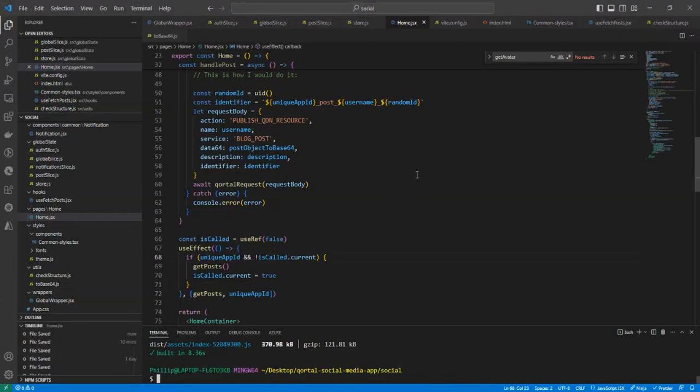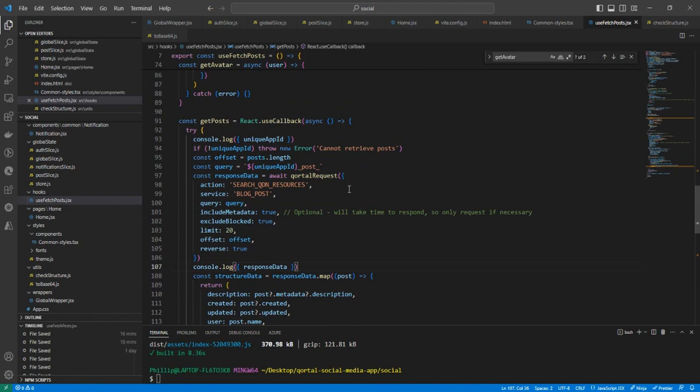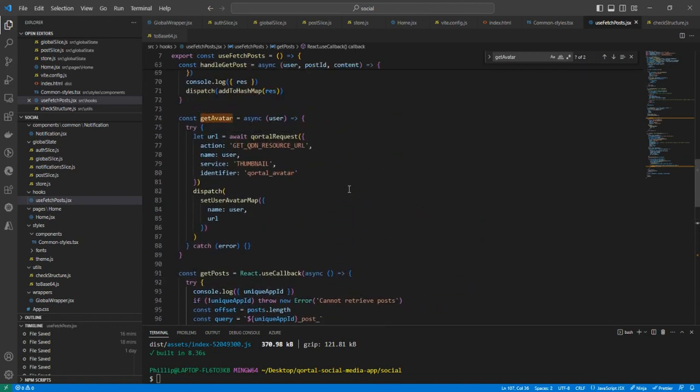Okay, so in this video, it's going to be pretty short. What we're going to do is fetch avatars. So let's look at which Qortal request we have to use. Right now we're in the useFetchPosts file, and I made this function getAvatar. It's a Qortal request, and we're going to be getting a